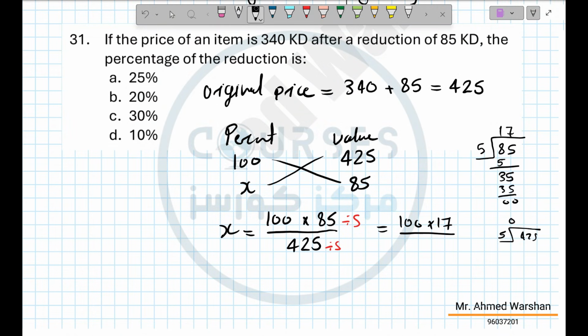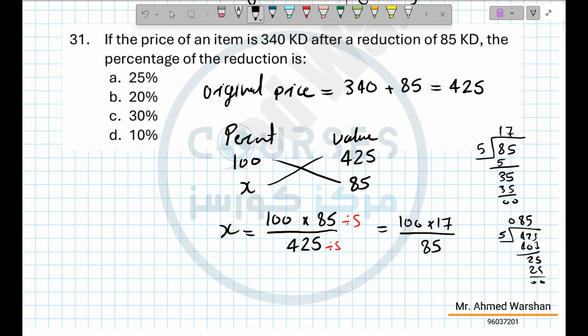4 divided by 5 we can't. 42 divided by 5, so 40, which is 8. Subtract, that's gonna be 2, bring down the 5. 25 divided by 5 is 5. So that's gonna be 25. So this is actually an 85. Okay,